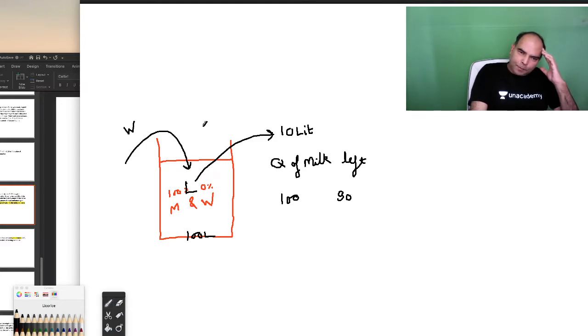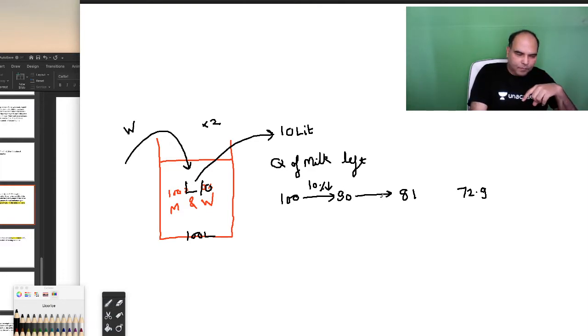And then if you repeat the process, you've got 90 milk and 10 water, and then you take out 10 liters of this mixture and put back water, you will see that the milk will become 81. And if you do it again, the milk will become 72.9. So effectively what is happening is there is a consecutive reduction by 10% on the original liquid, on the liquid which is not getting